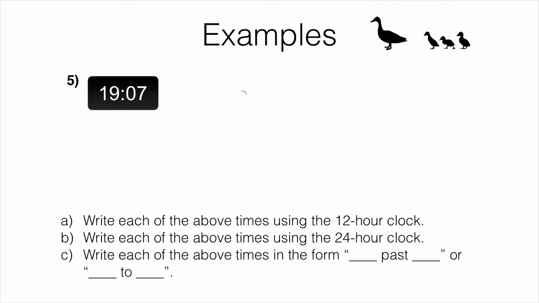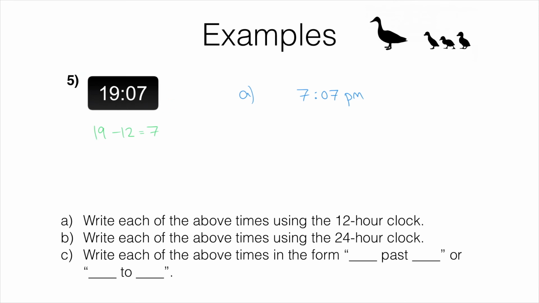For part A, we know we are dealing with a PM time. That's because we've got a number that is at least 12 here. This number is actually more than 12. And how much more than 12 is it? Well, 19 take away 12 is 7. That means we are 7 hours after 12 o'clock. And that means we've got 7 something PM. How many minutes past is it? Well, it's 07. So 7:07 PM is how we would write this time